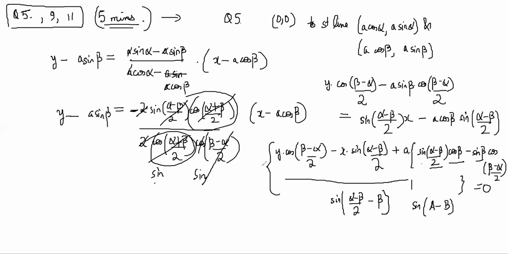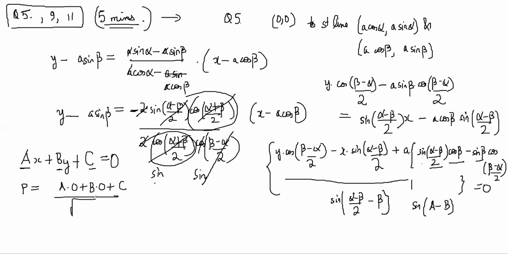Once you do that, suppose whatever it is like this: a capital X plus b capital Y plus c is equal to 0, whatever the coefficients. Then the perpendicular distance from the origin will be a into 0 plus b into 0 plus c by root a square plus b square. So it will be c by root a square plus b square. So if you get the equations correctly here, then after that it is just direct, right? So just correct it later.